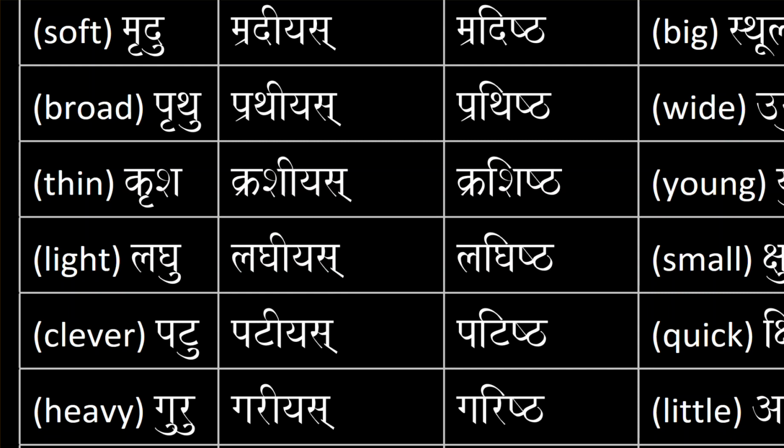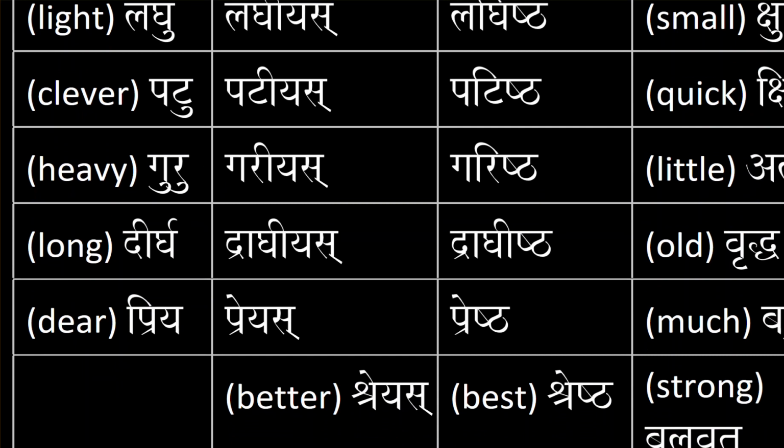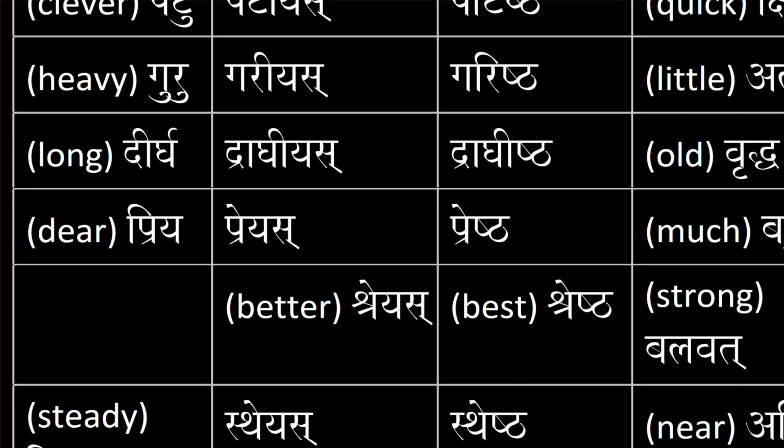krashiyas and krashishtha. For light, we have laghu. Lighter, we have laghiyas and laghishtha. For clever, patu. For comparative and superlative respectively, we have patiyas and patishtha. For heavy, we have guru. You end up with gariyas, and then garishtha. For long, we have dirgha, we have